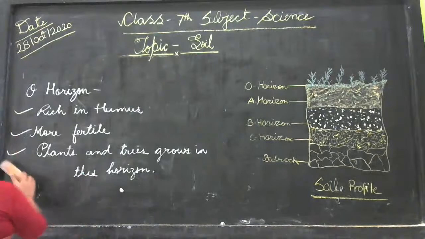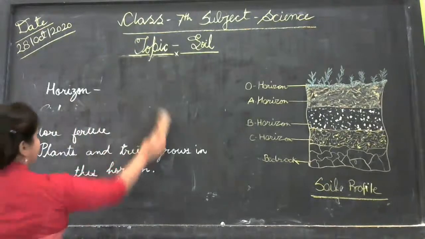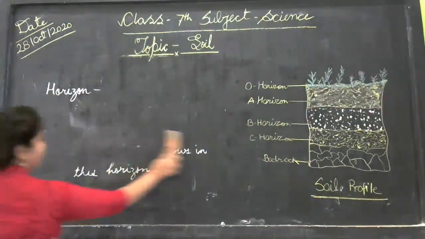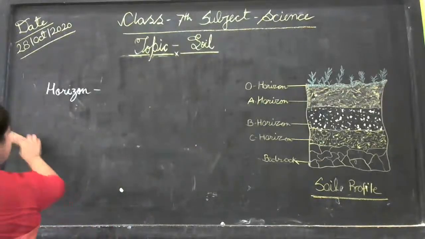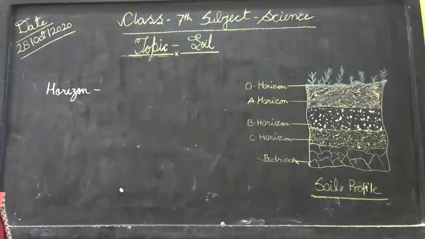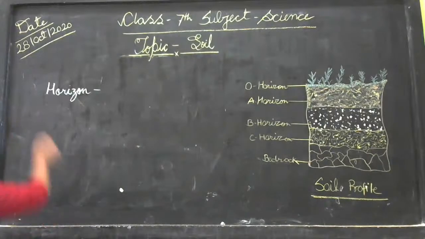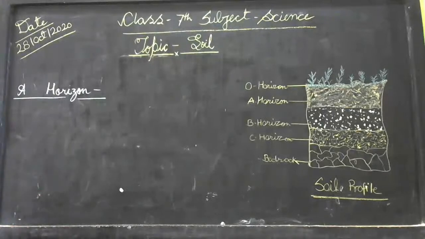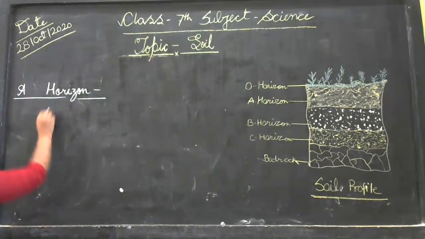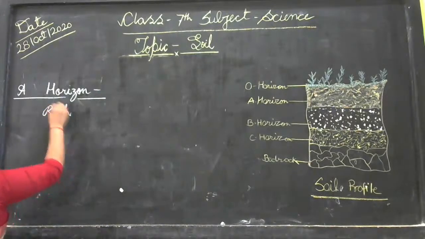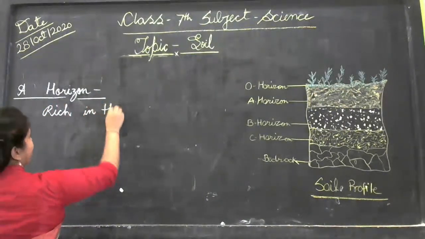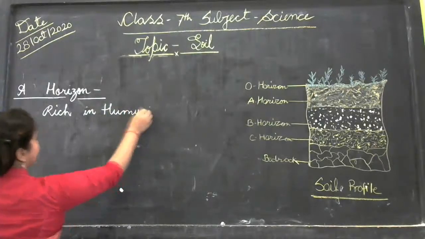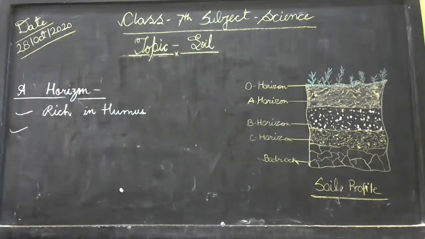So the next horizon is our A horizon. We will discuss that now. What is there in the A horizon? Let's see that. A horizon. Okay. So what are the properties of this A horizon? Let's see that. It is rich in humus. Rich in humus is its first property. The next property of this A horizon is